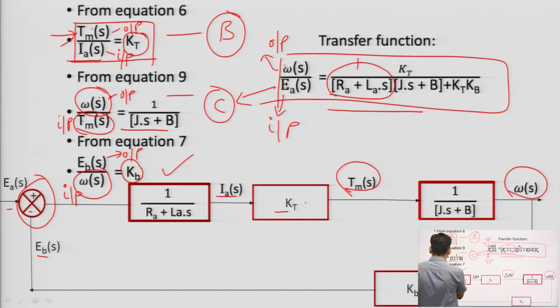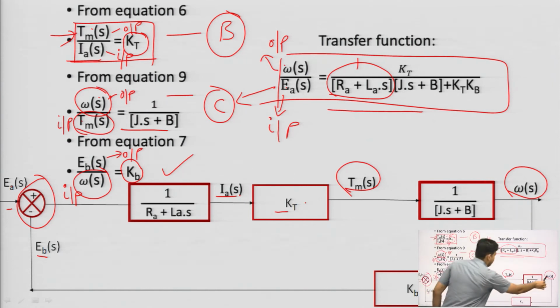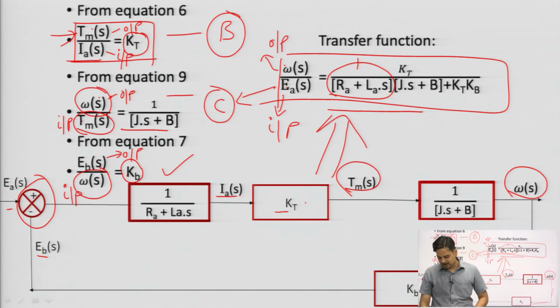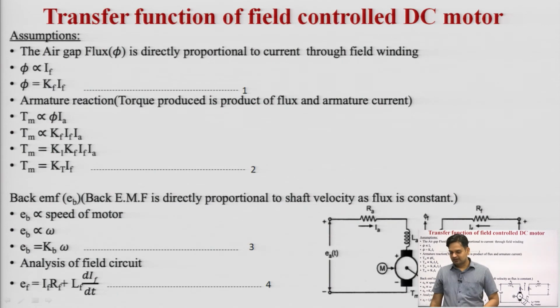Now, this equation back EMF is acting here as a negative feedback, because it is opposing the motor motion. So, this omega S will come here as input and output is here E B S, gain is K B, and this is the complete transfer function. If you solve it, you will get this expression. So, this is the armature controlled. Similarly, you can go for the field controlled DC motor.